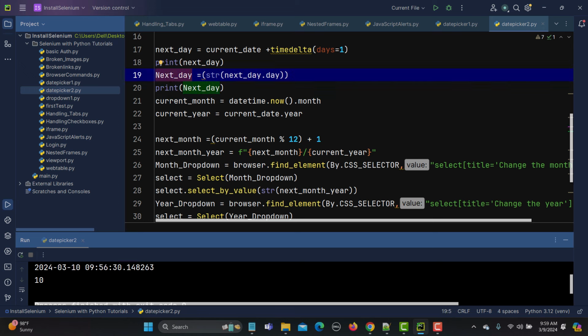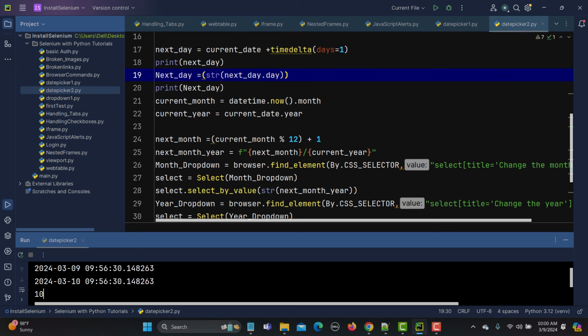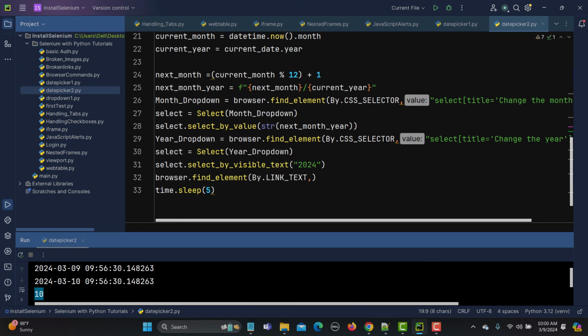because if you remember, this next dot day is giving me a next day. Here in the first step, we are getting the current, complete date and time. By delta, we are getting this value. Okay, this is the one, and then I was getting a day, which I was converting into a string here and giving me a day 10th, which is a current day plus 1. So I will pass this one here directly,